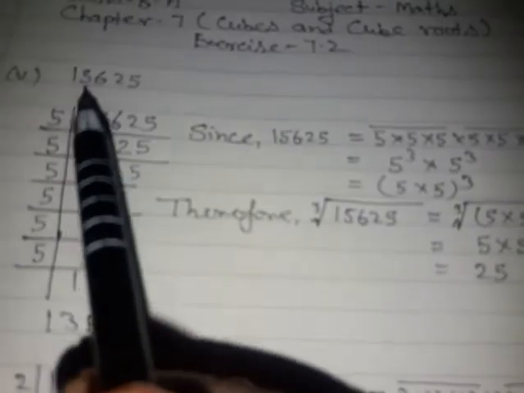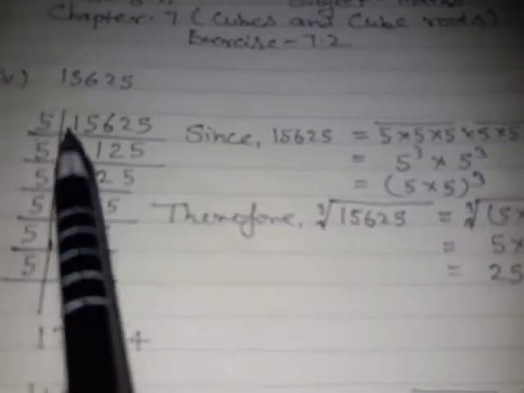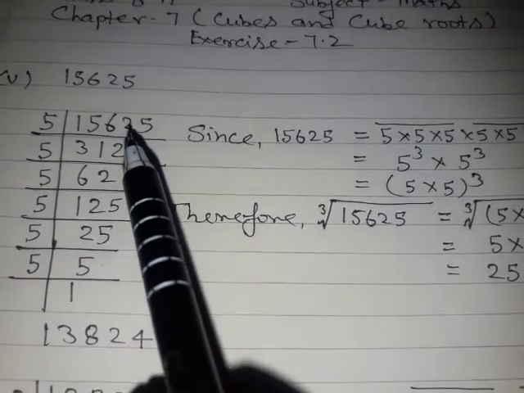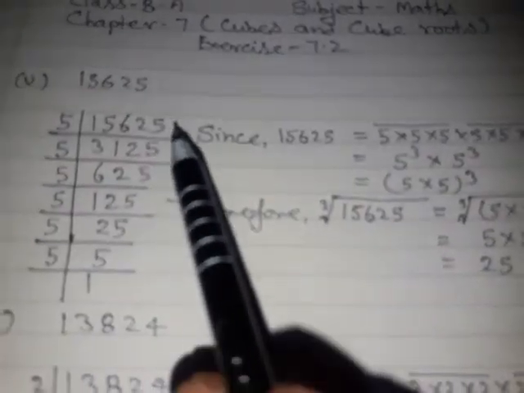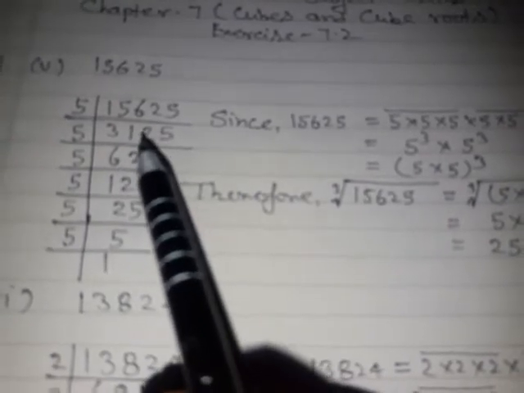Next question has given 15,625. Find the prime factorization of 15,625. 5 3s are 15, 5 1s are 5, 1 2 12, 5 2s are 10, 2 5s are 25, 5 5s are 25, 5 6s are 30, 1 2 12, 5 2s are 10, 2 5s are 25, 5 5s are 25,